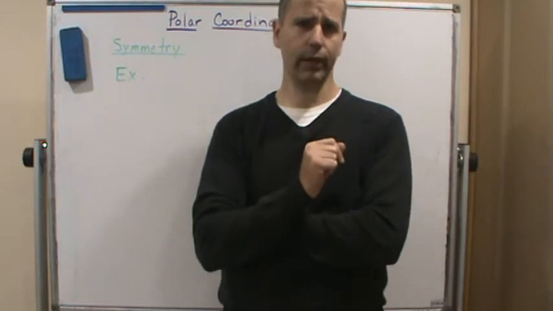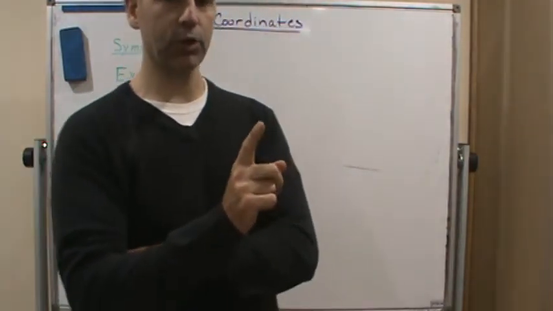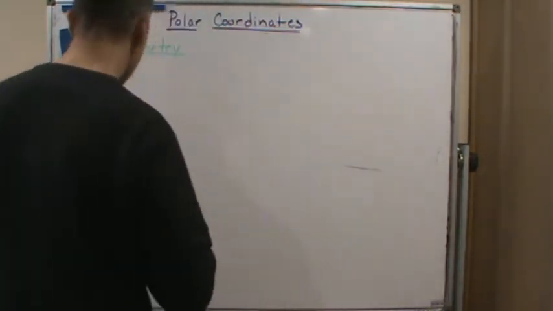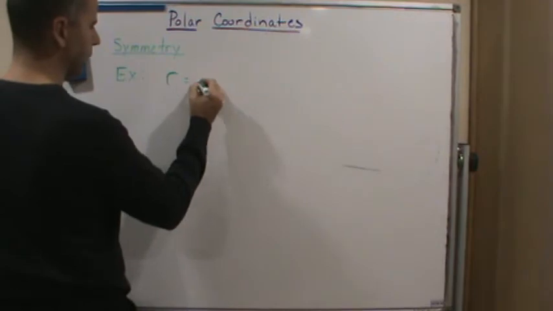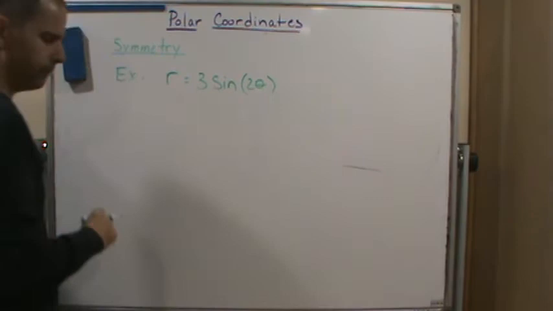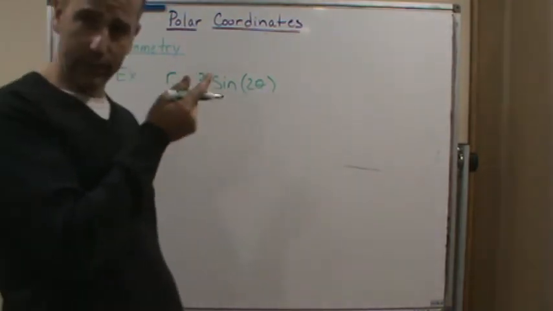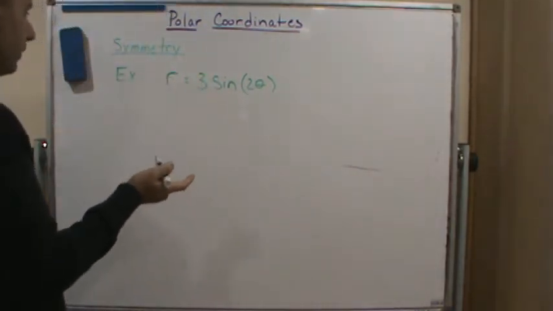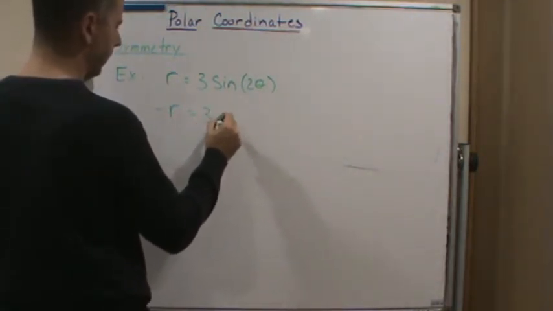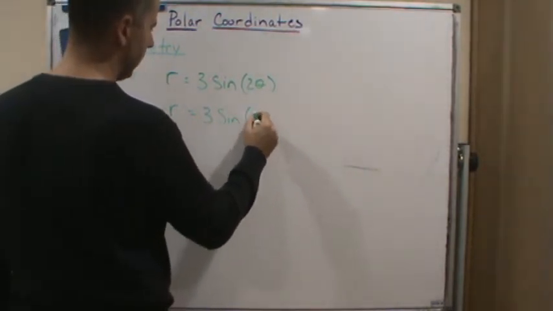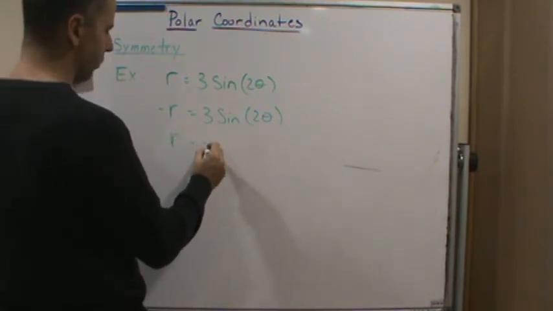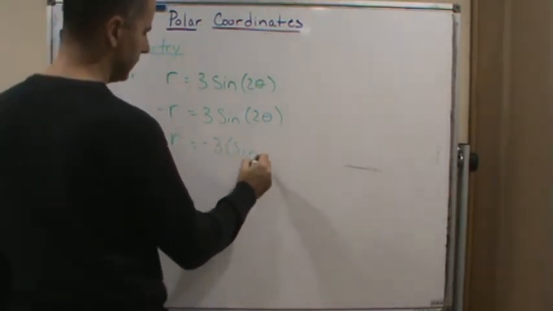So now we're going to test to see whether the same function is symmetric with respect to the pole. Okay, so let's take our function, r equals 3 sine 2 theta, and we want to find whether it's symmetric with the pole. One of the tests is to replace r with negative r. So we say negative r is equal to 3 sine 2 theta, and if we multiply both sides by negative 1, we get r equals negative 3 sine 2 theta,